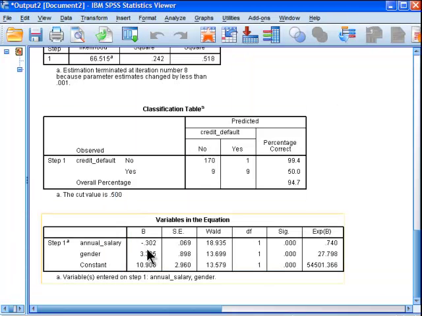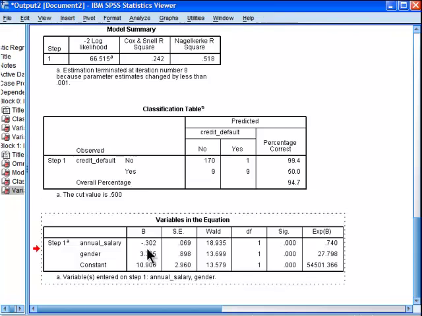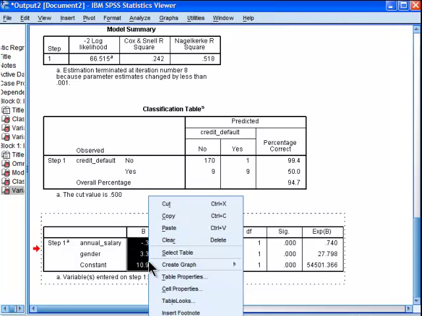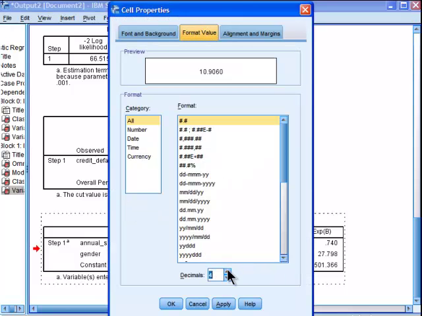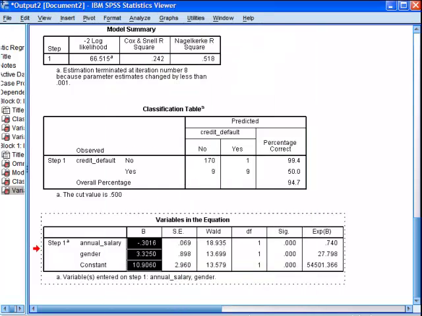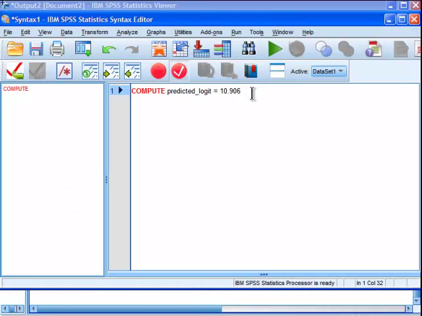Actually, I might push that to 4 decimal places just to get more accuracy out of it. 9060 is my intercept, so that's a starting point for the logistic regression model. So plus,